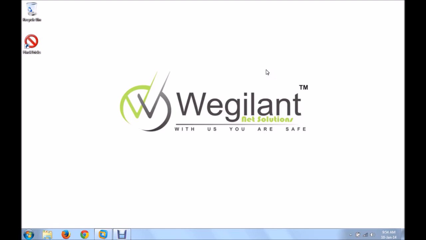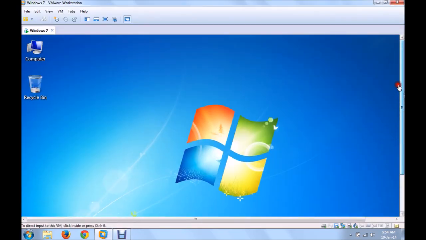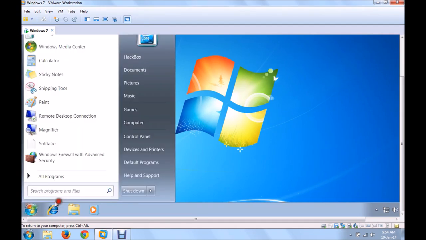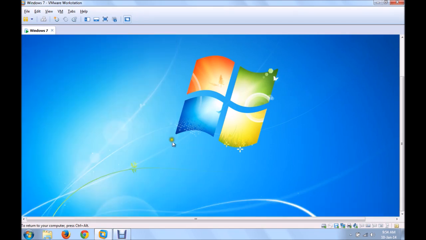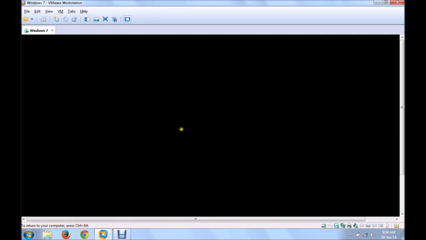For that, first we will need one machine with Windows 7. I am going to execute my Windows 7 machine in my virtual machine. See, this is now a normal system where Windows 7 is executing right now. Suppose that you don't know the password of this machine, so we'll log off the machine, so that we'll consider that this is a live victim where we actually want to deploy our attack.